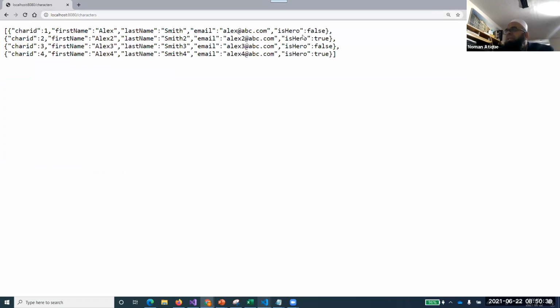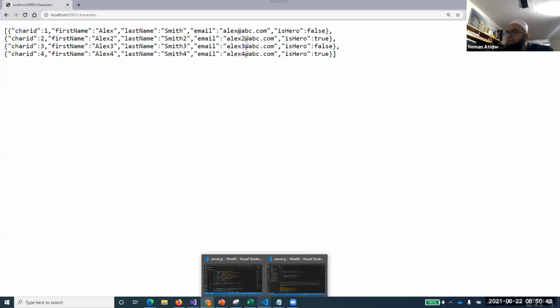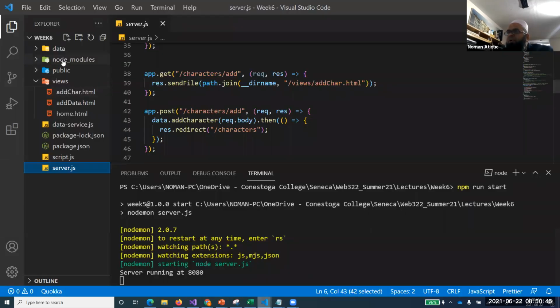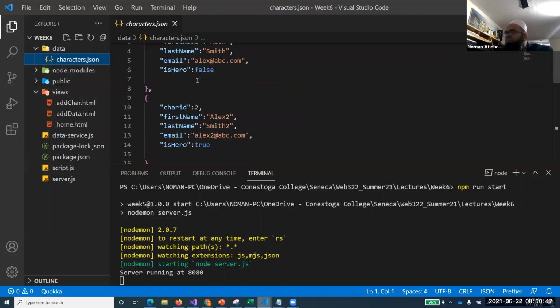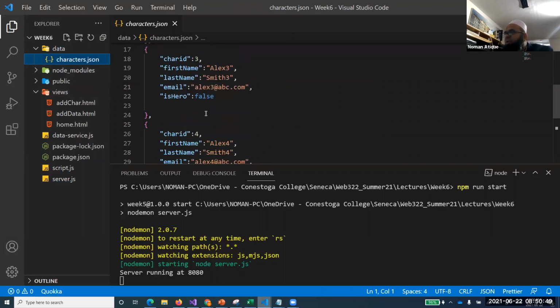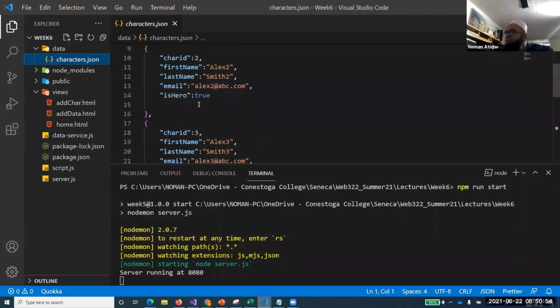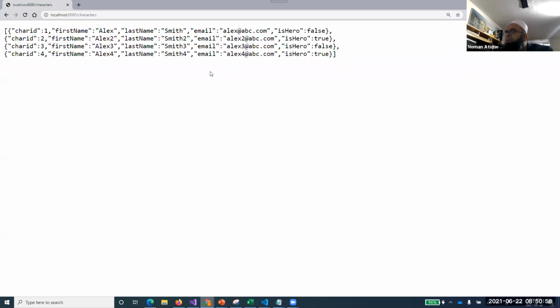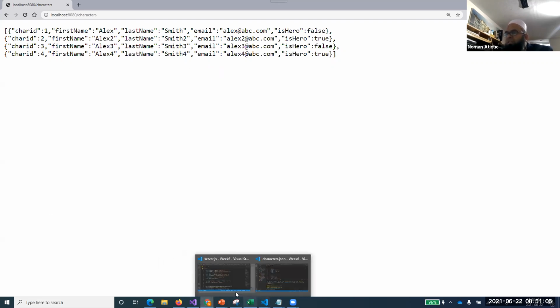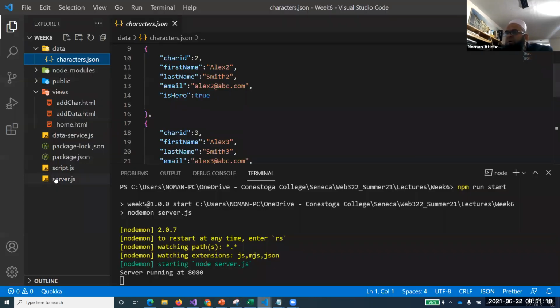So characters, when I say characters, all those characters that I have defined in my JSON file are coming up over here. I have got these characters, right? Two of them are heroes, two of them are not, and this is false, this is true. So all these characters are shown over here in a very vague manner. Why am I saying vague manner? Because it will be a different thing. So this was one of the paths that we're talking about.